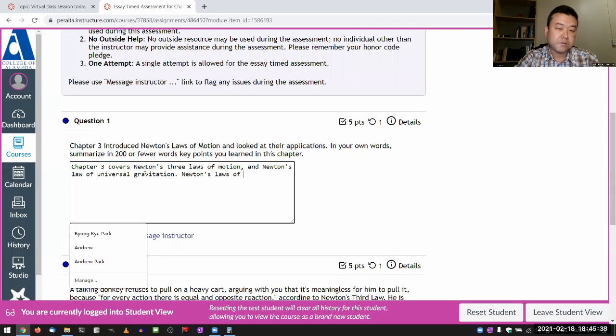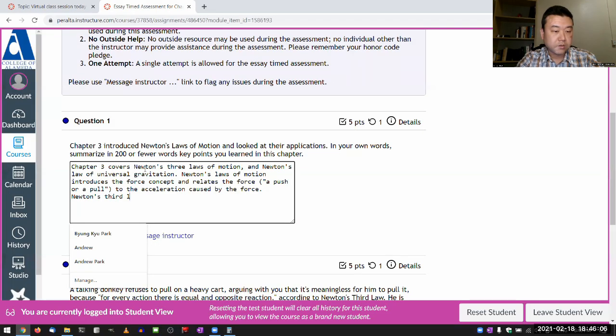Newton's laws of motion introduce the force concept and relate the force, a push or a pull, to the acceleration caused by the force. Newton's third law of motion in particular describes, I don't know if I would call it surprising,